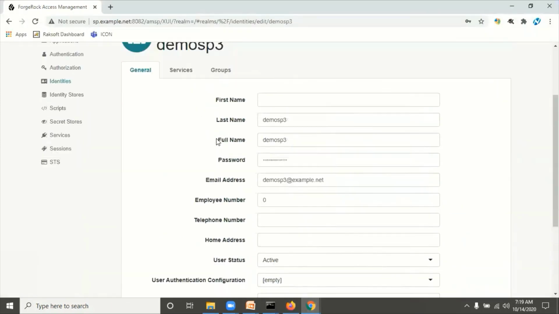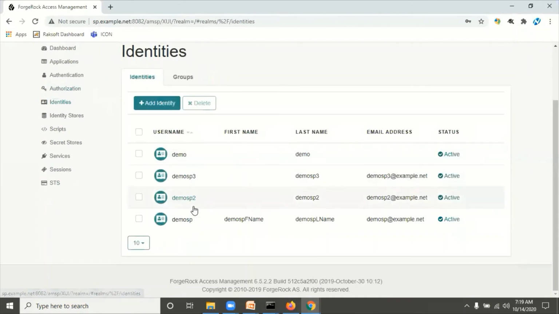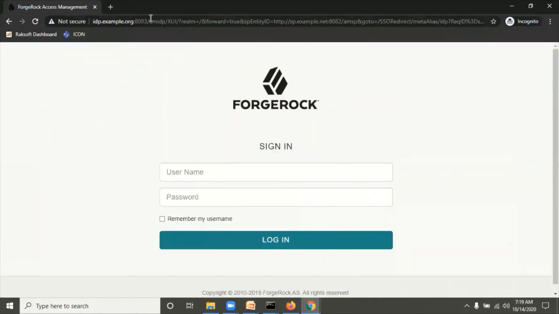So now we are going to make the single sign-on by using the SAML2 authentication module. Here also we have demo SP3. Now go to our previous window. I will show how to execute that authentication module.